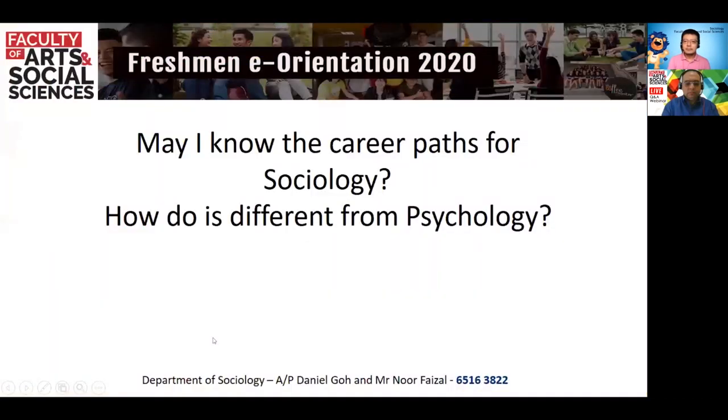So the first one is the career paths for sociology, and how is it different from psychology? The interesting thing is that my sister, who was junior by 1 year in NUS too, took psychology, and she graduated with honors in psychology. And the career path for us was very different, because I became an academic, but she went into the HR line, human resource. So applying psychological techniques and all kinds of testing, for personality, into managing people, helping companies to manage people. So that's one data point for the difference.